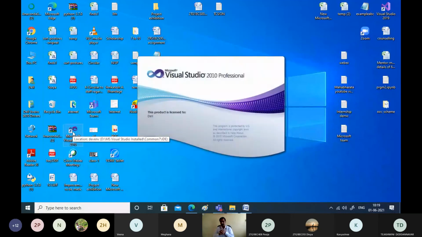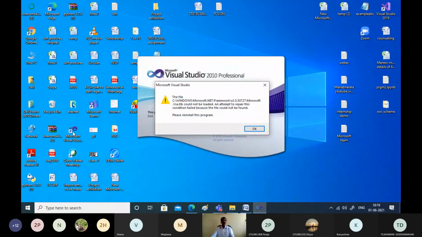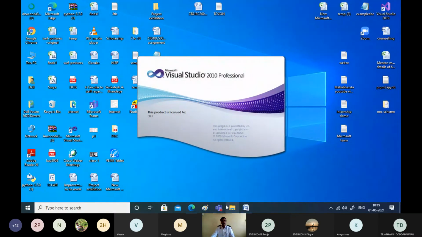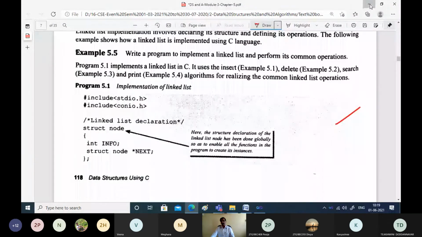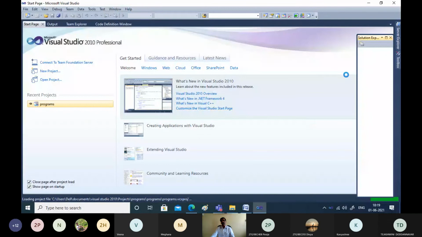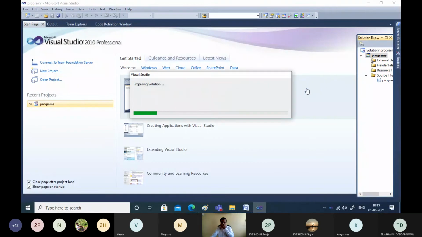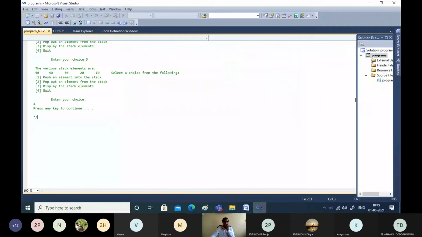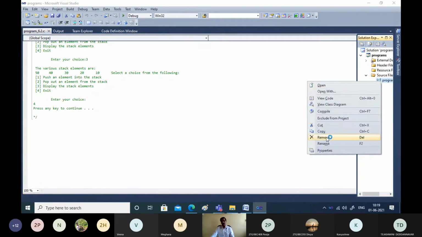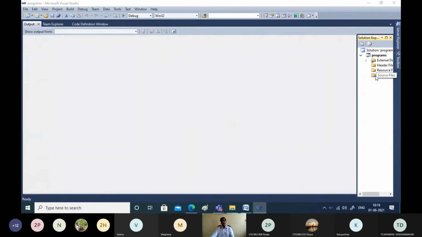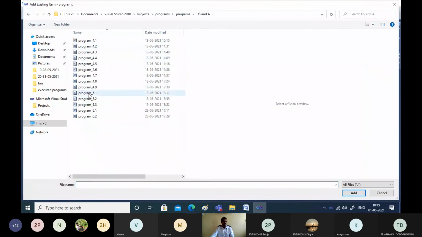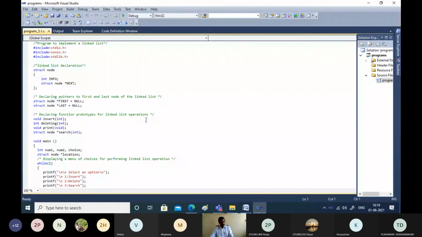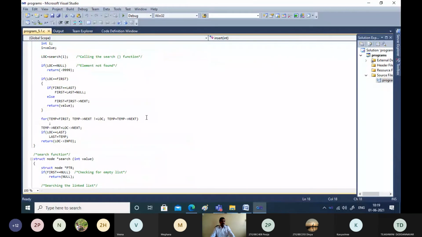I'll just try to give the demonstration for all the operations of a linked list. Yes, this is the program we have studied just now.